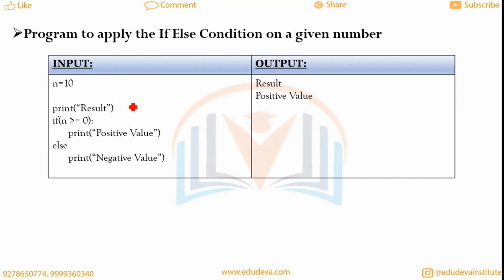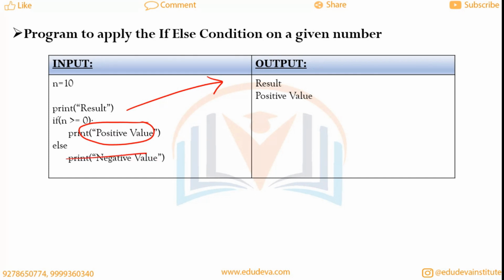So what we have done is we have just printed result in the output because it is given outside the if else condition. So no matter what the condition is, we will print the statement given outside the if else condition. After that, when we executed the if else statement, the condition given under the if condition is true, so we have executed the statement given under the if condition,